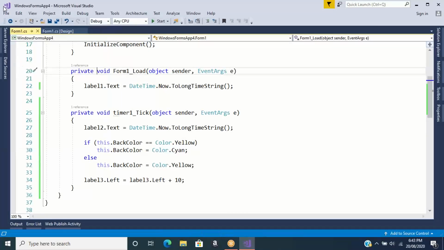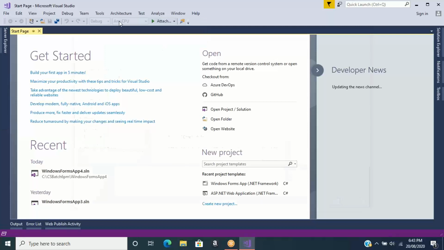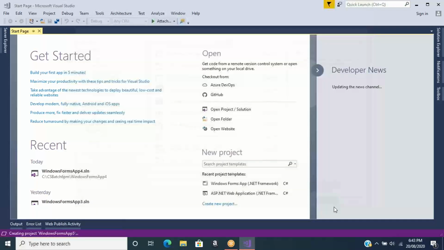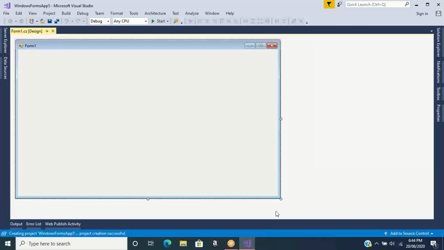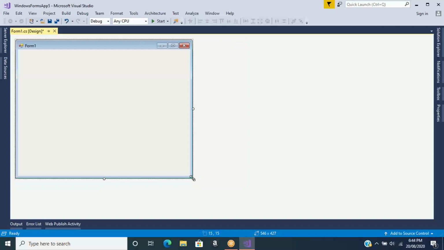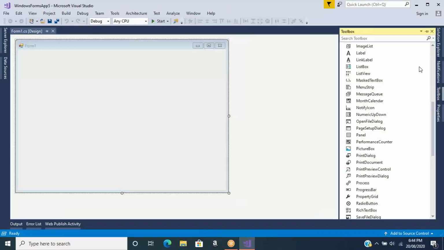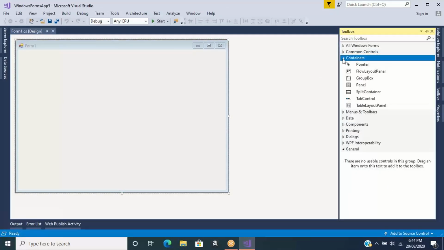Close the solution, open a new project. File, new project. Windows Form application. Click OK. Now you're going to start with a topic which you call containers. That is what our topic is. In the container, go to the toolbox, close this tab so that the container tab is visible. Expand this. Select first